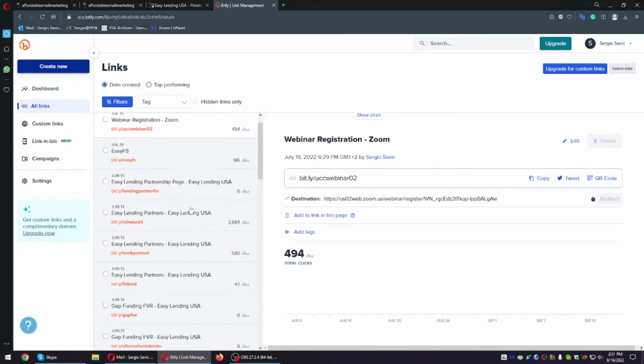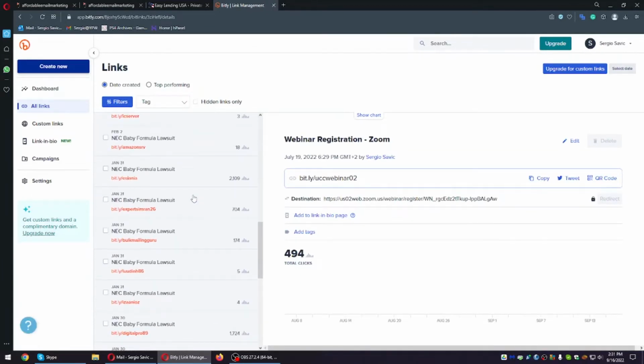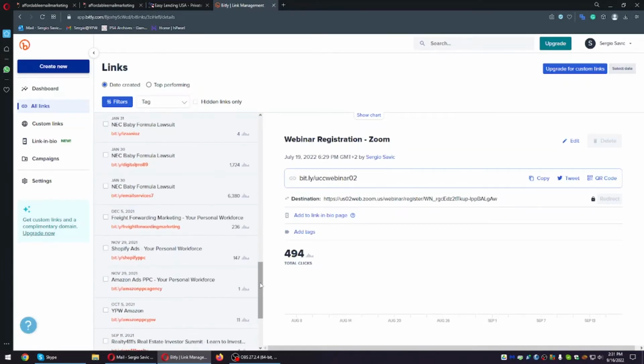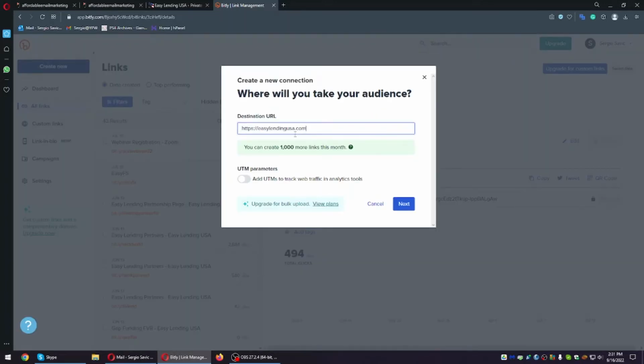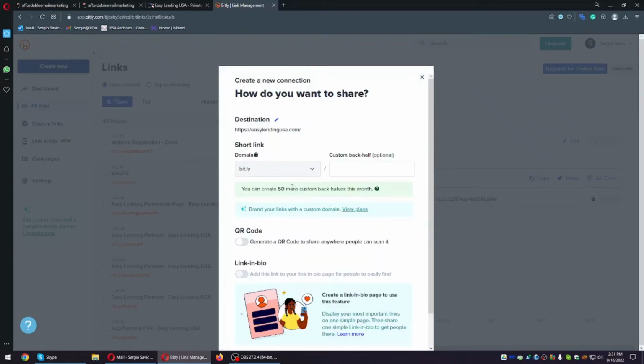And I'm going to use the link shortener. As you can see, I've done a lot of campaigns that I've tracked, and some of them are amazing, some are not so good. So I can track that, and I want to track that because I want to make sure that people are actually clicking on the link. Bit.ly custom link, let's say